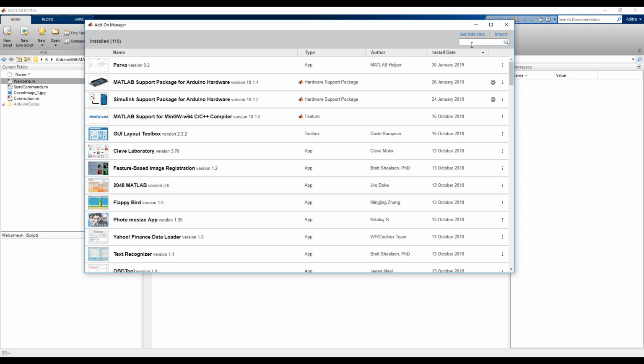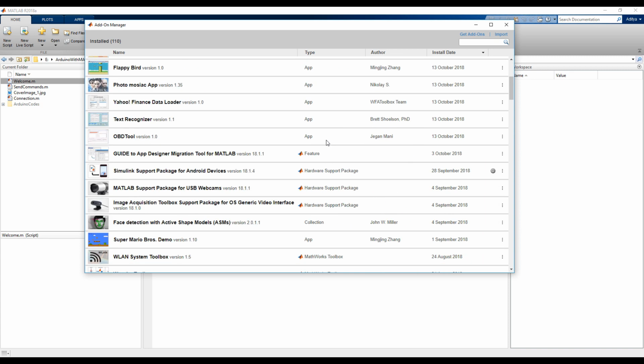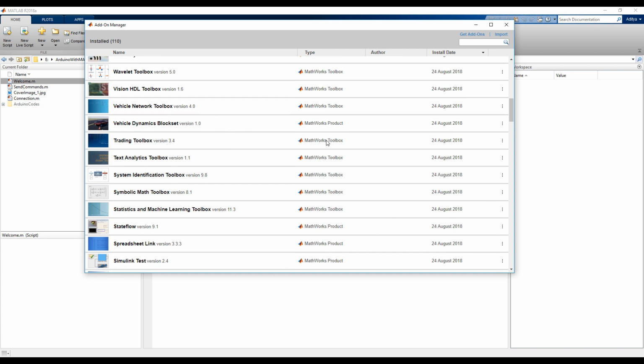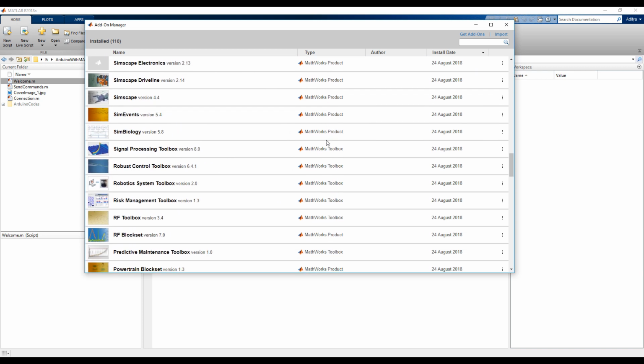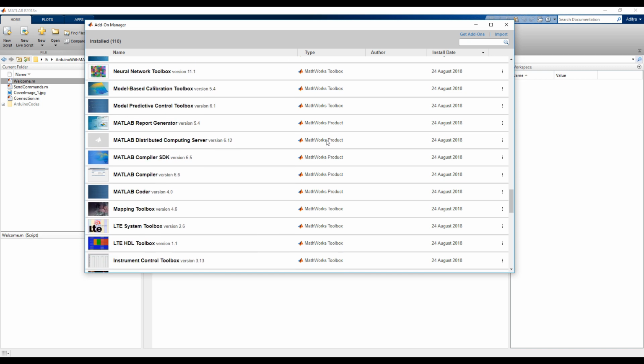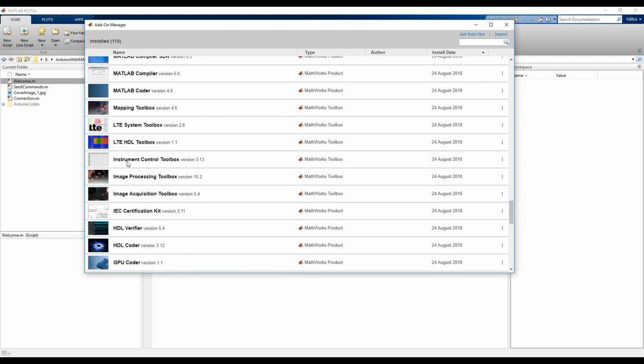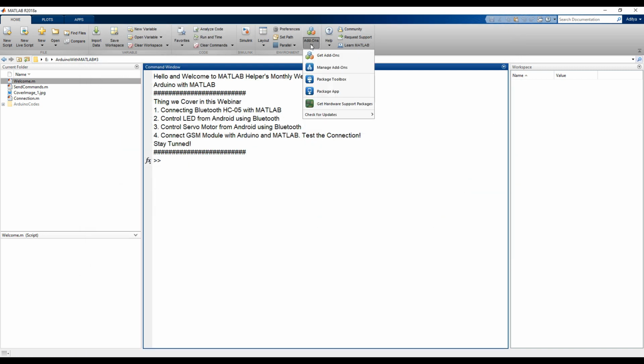You can go to manage add-ons and search if the add-on is already installed or not, and if it's not installed you'll have to install it. So I'm just searching for the add-on. Okay, so the add-on is instrument control toolbox, and that's installed already. So I'm not going to install it again, but let me show you guys how to install it.